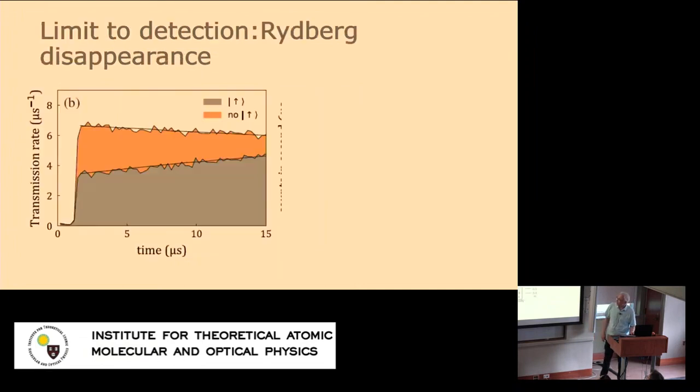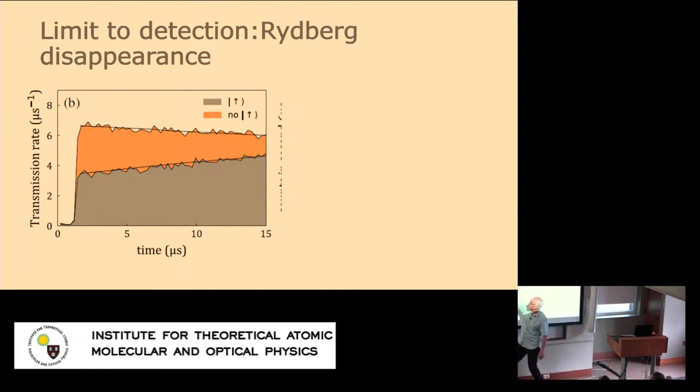What limited our fidelity? Why didn't we do better? And this is closely related to many things we have seen. I've been grilling Monica about their experiments. I think it's related. So basically what we see is that when we had no Rydberg atom, this is the orange curve, then more or less we have high transmission throughout with a little bit of a decay. The little bit of decay is presumably preparation of a Rydberg atom from the Rydberg EIT, which gets stuck in the system, but that is not a big problem.